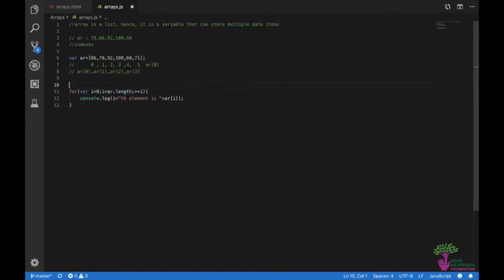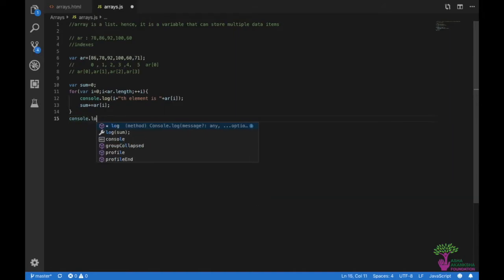So we could initialize a variable to 0 here, and inside the loop we could do sum plus is equal to array[i], right? So what's happening is in the starting we are initializing the sum variable to 0, and inside the loop we are every time adding array[i] to the sum, right? So basically we are adding all the elements to 0, which will give us the sum of all the elements in the array, right? And now outside the loop I could do console.log